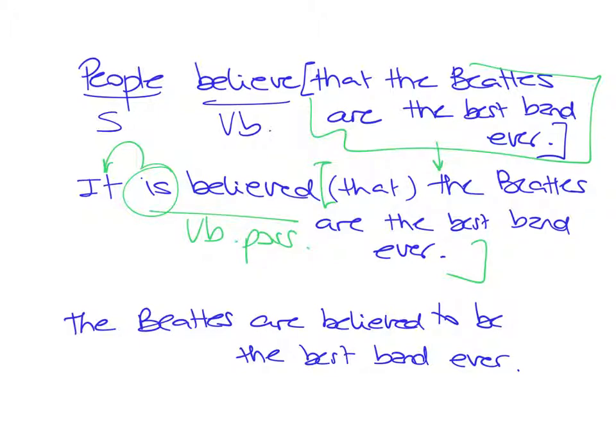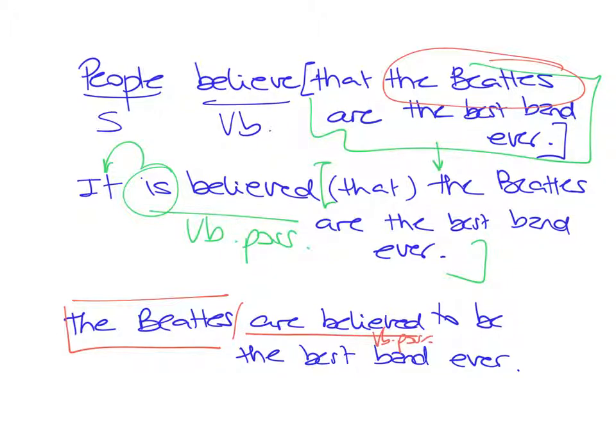If, however, what you want to emphasize is the subject of the second part, I mean, you really want to talk about the Beatles, not about people, you could start with the subject, the Beatles, then this verb here in the passive, but making the concord with the subject here because it's a plural verb. So the Beatles are believed. And then, because somehow we have broken this structure here, what you use is an infinitive, to be the best band ever.